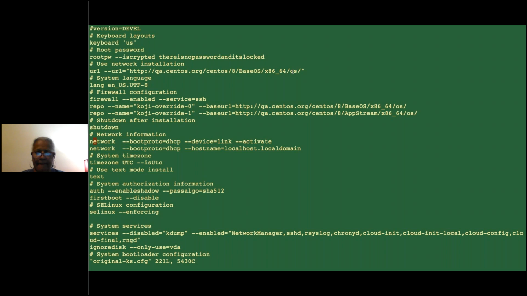They have DHCP set up on the network and give it a host name, a local host, local domain, the time zone. You can change that. They have enabled shadow password. SELinux is on. They turned off first boot, which is a good thing because first boot actually gives you a GUI, and then you have to go through and say you want to do kdump and all this other stuff. They've disabled